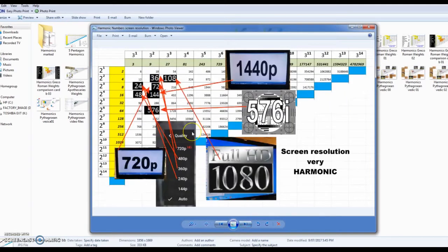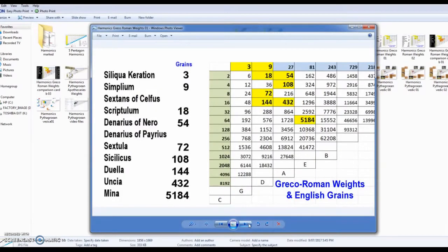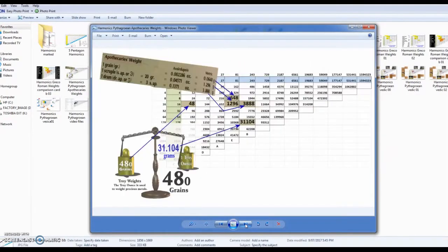Okay, so if you're watching this on a screen, even screen resolution, as you can see here, full HD, this is being carried through. The beauty of these numbers is still embedded with us today. It's in modern systems, including radio, for Greco-Roman weights, even with apothecaries, and how they just coincidentally happen to beautifully convert to all these beautiful numbers, including via the metric system and the troy ounce.